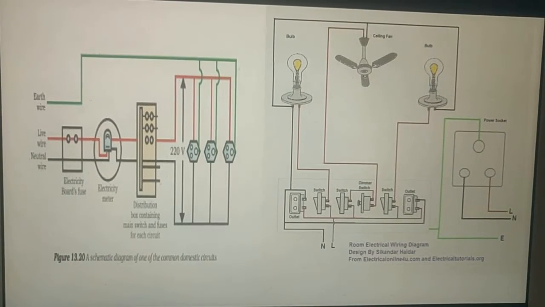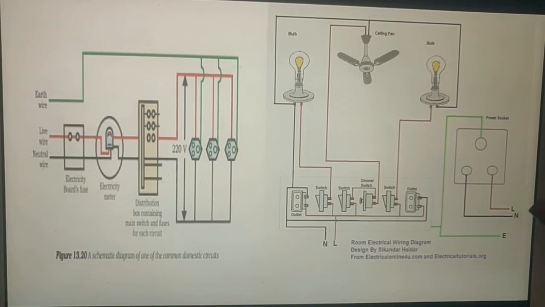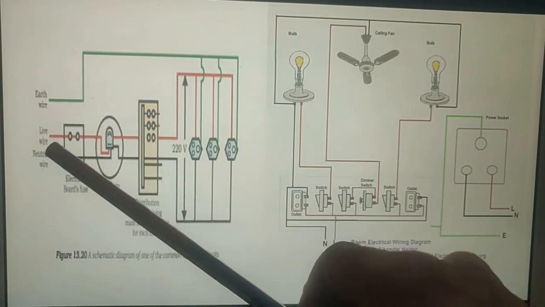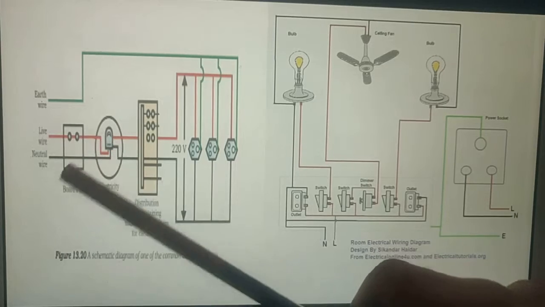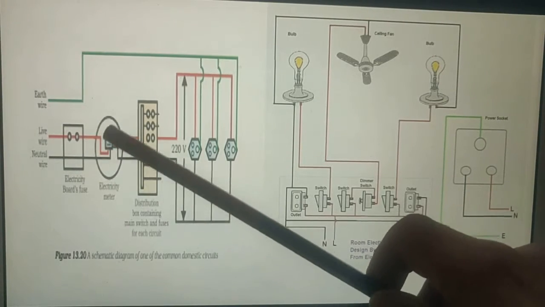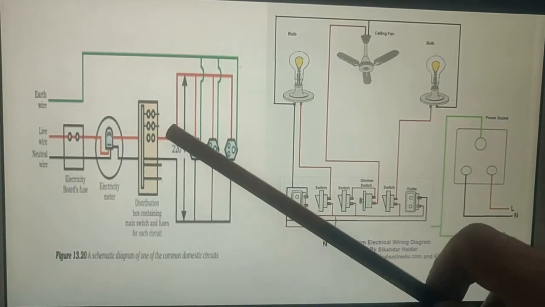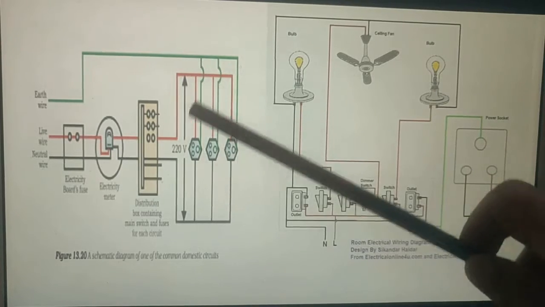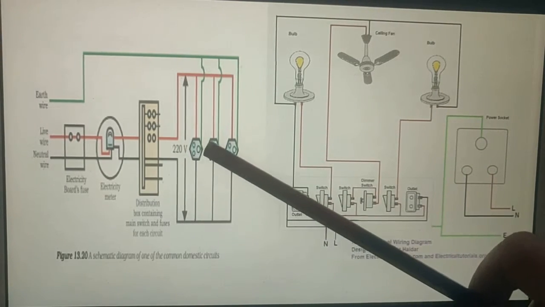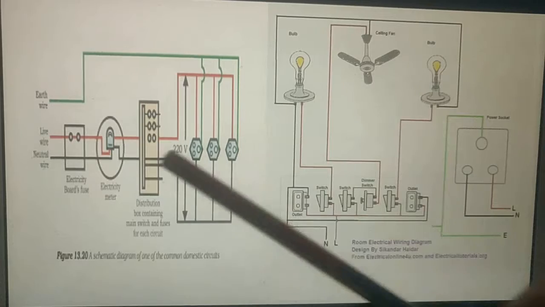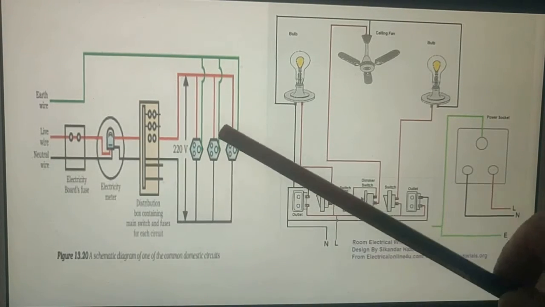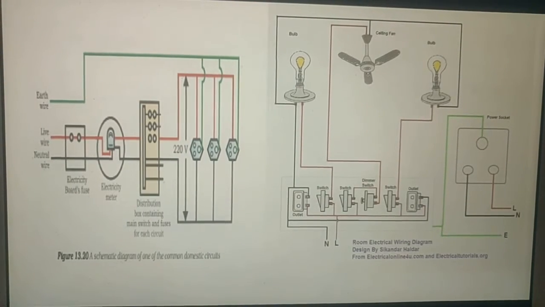Now we will see how electricity comes to your home. So here, this is the main supply. Live wire is coming here. This fuse is attached to this, and then this is supplying to each device. Each device has its on-off button, and this is the neutral wire which is going throughout.